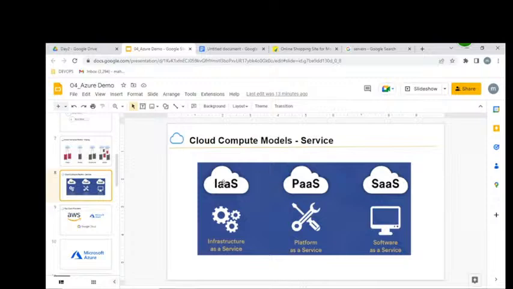So the entire cloud is segregated into 3 categories of services: SaaS kind of services, PaaS kind of services, IaaS kind of services. But we are going to be part of what? IaaS. All the services which belong to IaaS, we are going to be learning, maybe computing power, maybe networking, maybe storage.